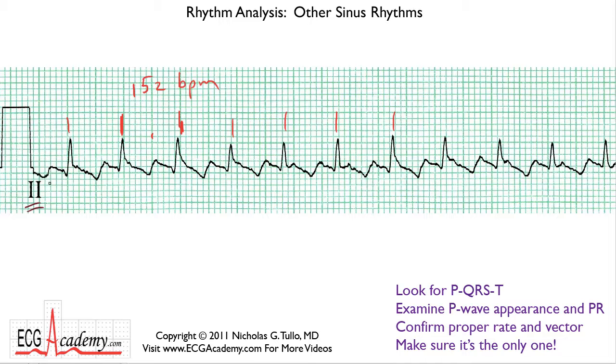Now we're looking for P waves in front of the QRS complexes. And you'd see this positive deflection right there. And you'd think, well, is that the P wave? I wonder. Well, keep in mind that P waves usually have a flat segment in front of them. You have the P wave, and then there's a PR segment before the QRS complex. So you should see a fairly discrete P wave. Now, not always. You should be looking for a fairly discrete signal followed by sort of a flat segment before